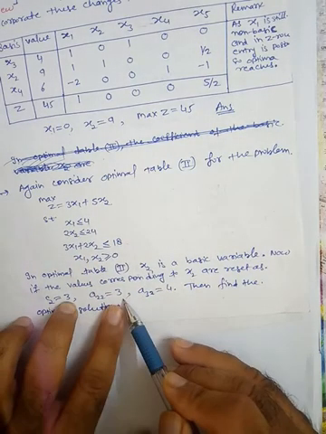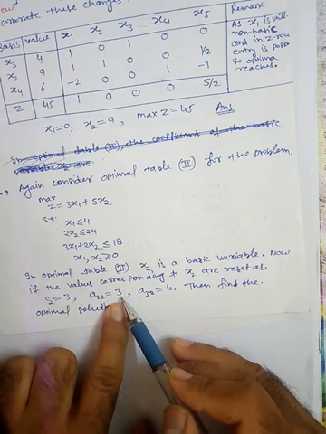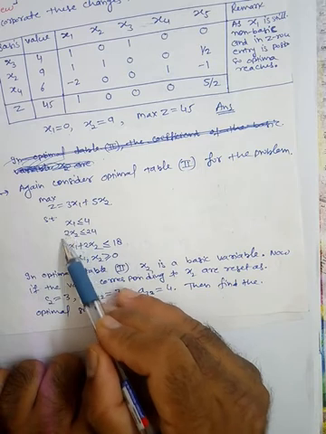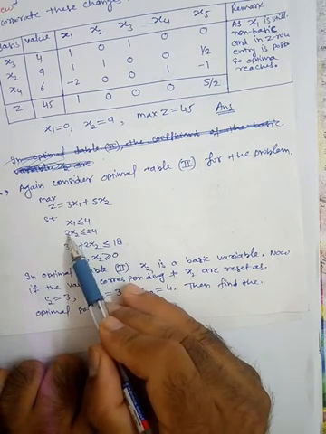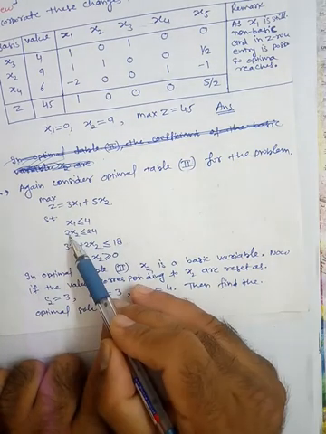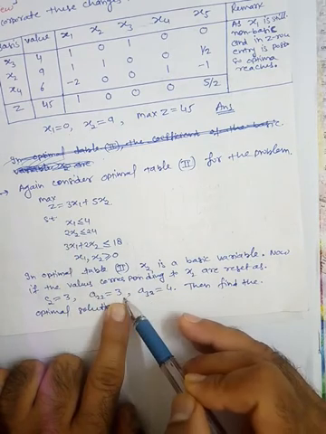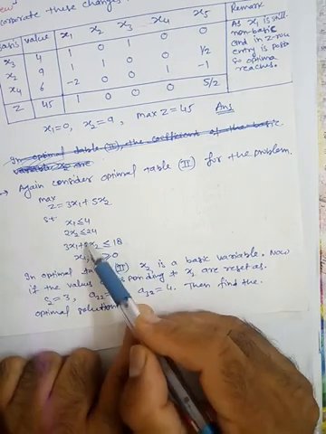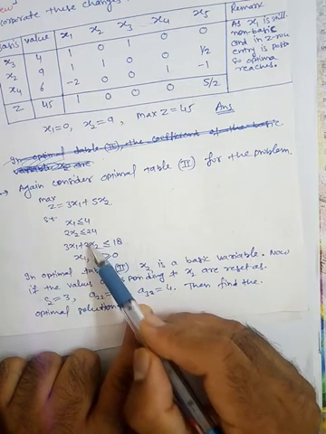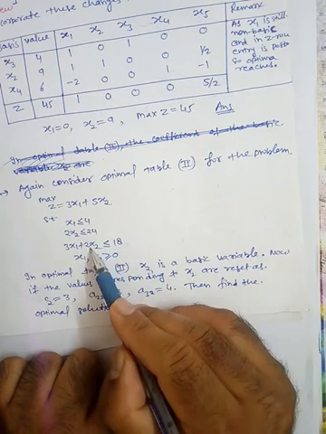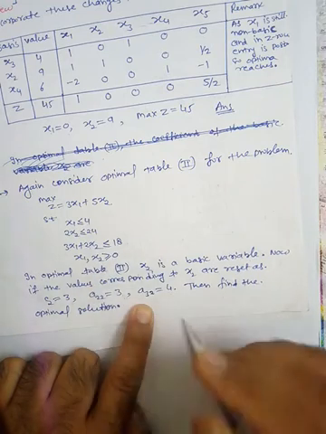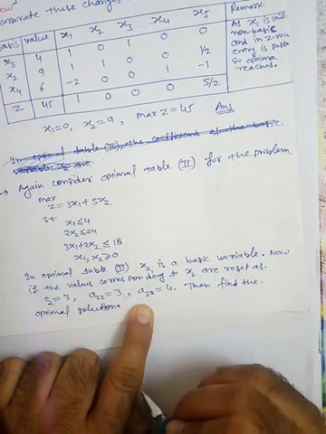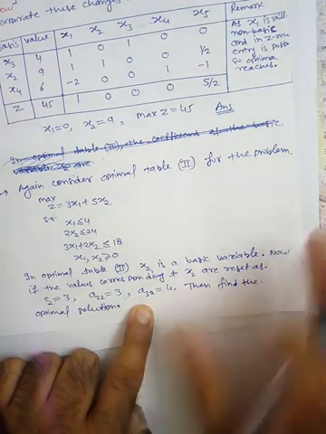Similarly, A22, that means coefficient of x2 in the second constraint, is reset as now 3. Previously this value is 2, but the new value is now 3. Similarly, A32, that means coefficient of x2 in the third one, is 2 in the previous case, but the updated value will be 4. Then find the optimum solution. So this is the example.